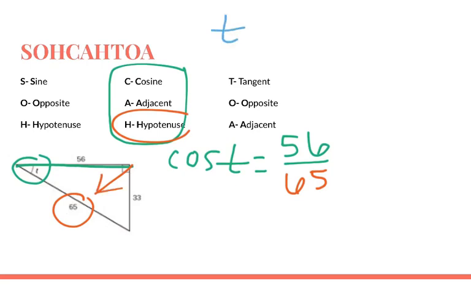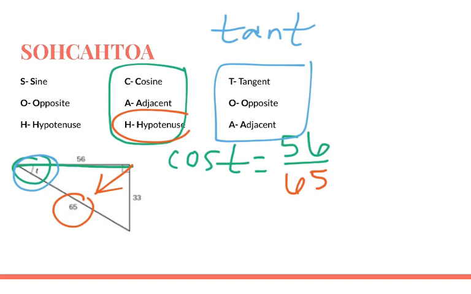All right, and let's do it one more time with tangent. Tangent of angle T is opposite over adjacent. So if I look at this angle, the opposite side is 33, and the adjacent side is 56. Okay? So that's just a quick refresh on sine, cosine, and tangent, and now let me teach you the other